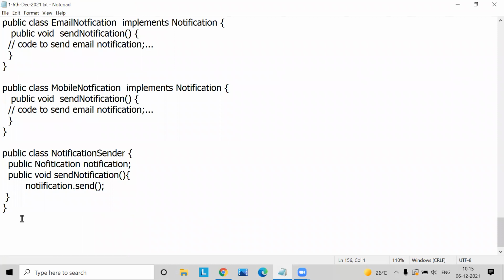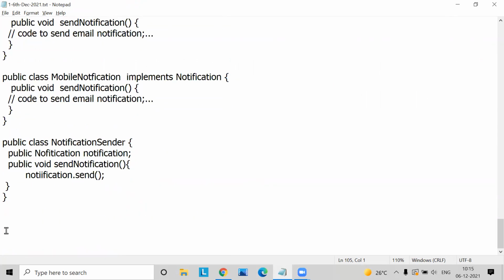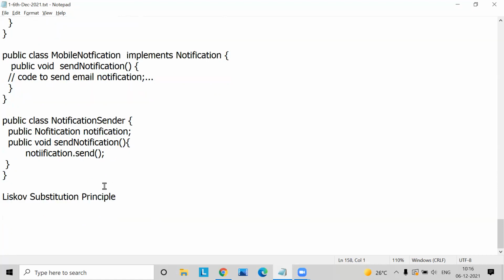Okay, the next thing that we want to understand is called the Liskov substitution principle. According to this principle, a child class object must be substitutable in place of a superclass object or an interface. So once again, to recollect my core Java classes when I explained, let's say we have